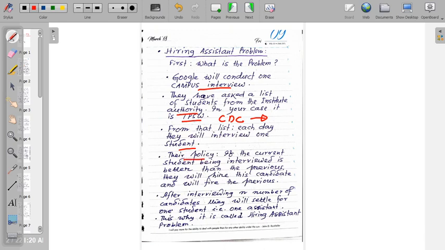And their policy is: if the current student being interviewed is better than the previous one, they hire the current one. So this guy, Google is interviewing him, and he is smiling, because this is the first candidate. Google will not be able to compare this guy with any other, so that guy will be hired. But